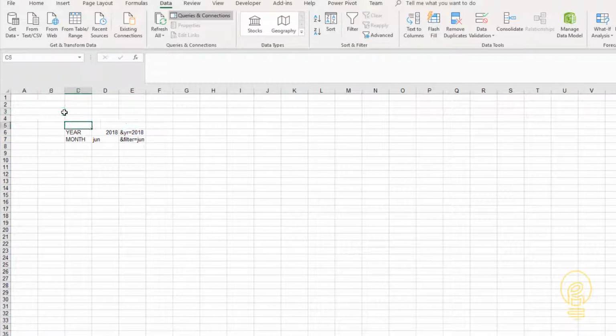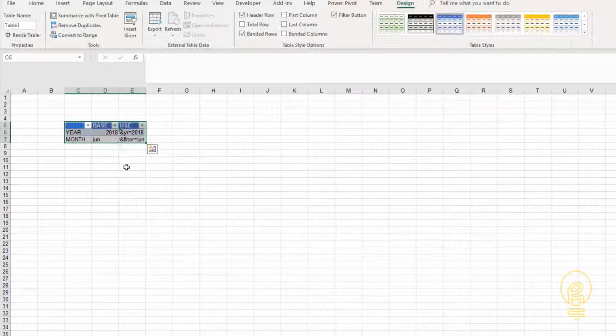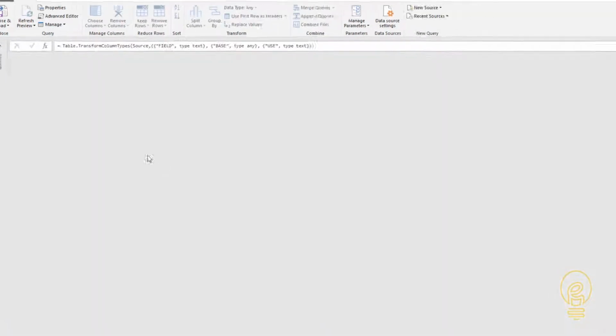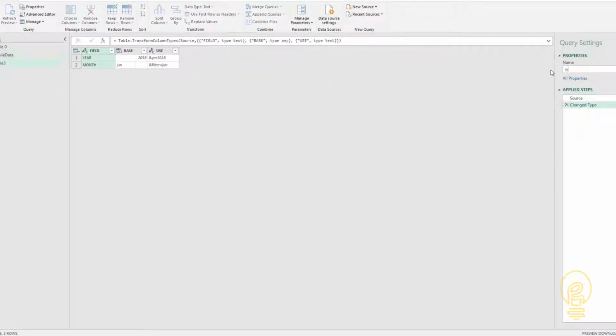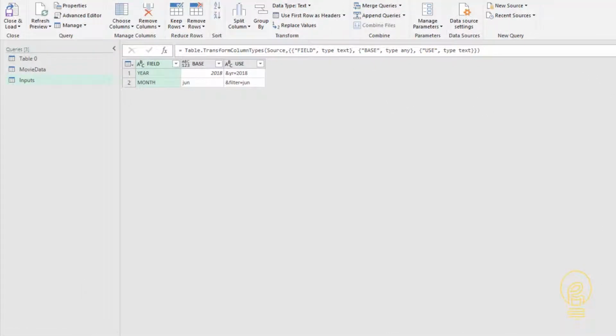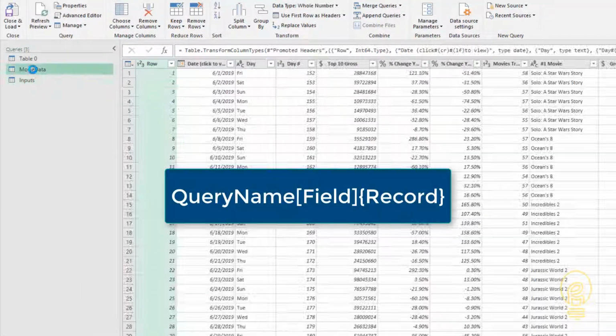Once we have that data table, we can load it directly into a query so that we can use it in our other queries' code. But first, let's do a few quick query renames to help make our editor a little bit easier to read and work with. With better query names, I can now easily reference the inputs query within our movie data query